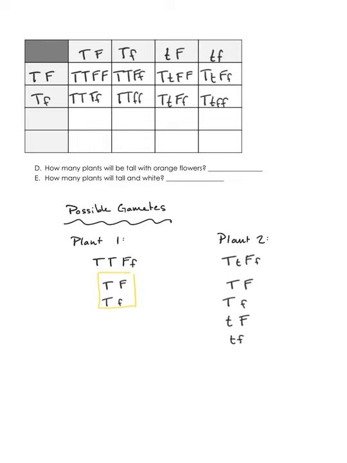Then we can answer our questions. Letter D says how many plants will be tall with orange flowers. So you're looking for any plant that has at least one capital T and one capital F. And I found 6 of the 8 have a capital T and a capital F in the genotype. And then letter E says how many plants will be tall and white. And those plants have a capital T but then 2 small f's, so that's 2 of the